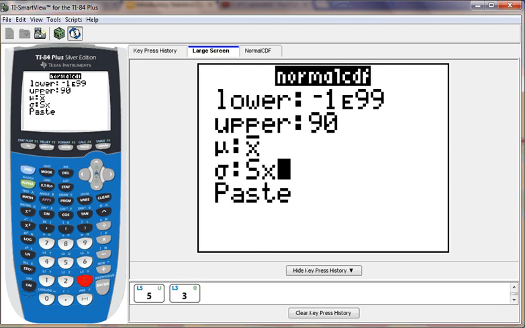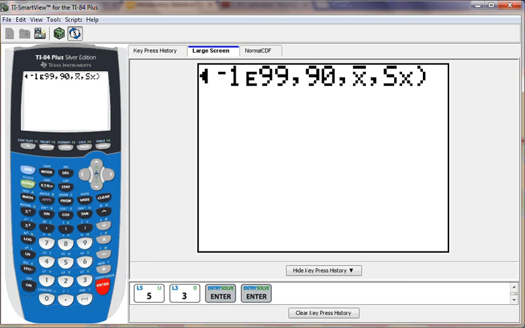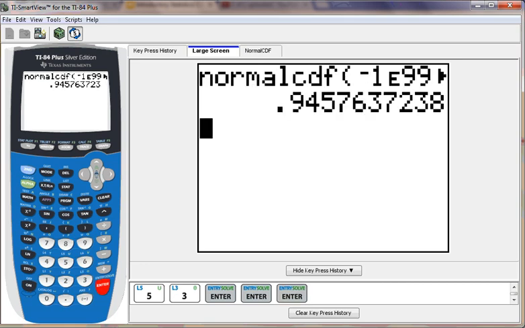Now I'm doing exactly the same thing, putting in Sx, which is the standard deviation of that set, and I'm going to hit paste. Right now I'm going to calculate what percentage of people would have died at a younger age than 90, according to this. 94.57% of all men should die before they reach the age of 90. So John Adams obviously lived a very long life, which, according to this, means he lived longer than approximately 95% of